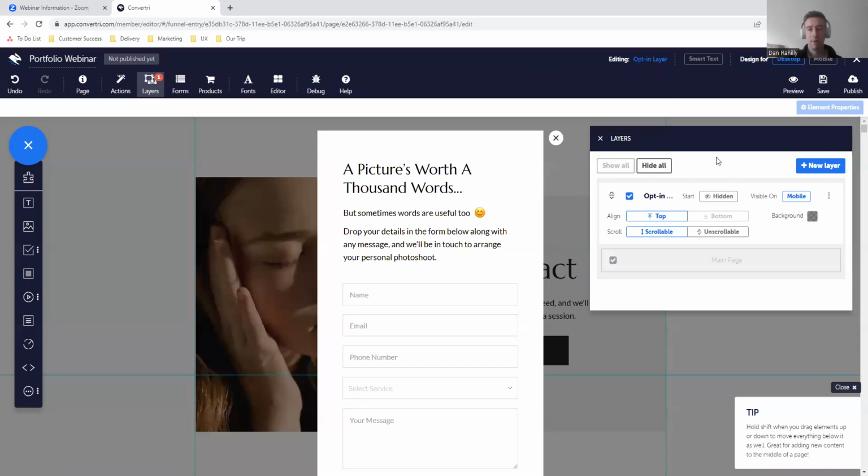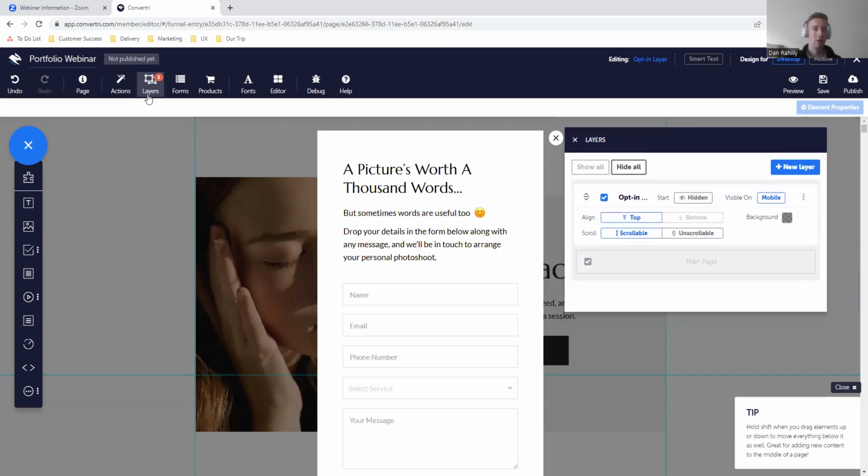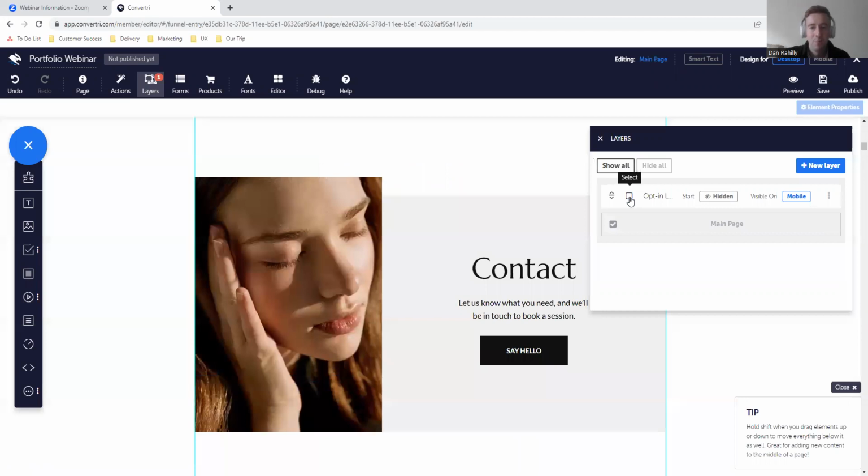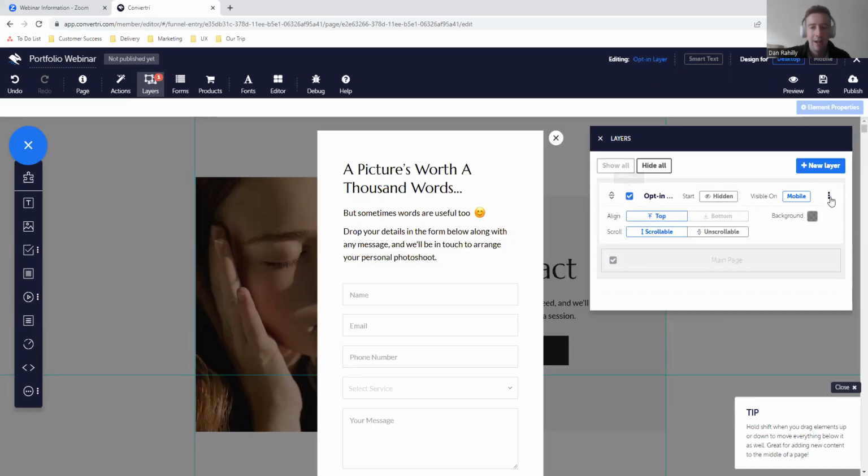Now, for those of you that aren't familiar with layers, the little layers dialog here will pop up whenever you click on layers at the top. If the layer is ticked with this blue tick, that means the layer is selected. So if you start adding elements to the page when the layer is selected, you'll actually be adding elements to the layer. If you do want to start adding elements back to the main page, you'll need to deselect the layer like that. That will then show as hidden. Now I've added my layer,